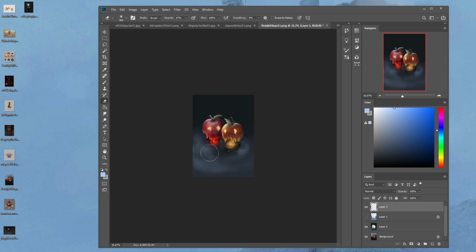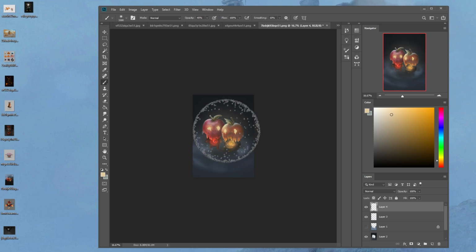Alright, so I'm letting this little fog swirl around them. I'm being really sporadic and kind of crazy with my brush. I'm just letting the brush do the work. And my hand is kind of, you can hear it. And that is also helping out. And then they themselves, on their own, are creating a glow. So you can put the glow behind them. You can put the glow in front of them. You've done a lot of glowing already, but as a whole, they should glow in this environment.